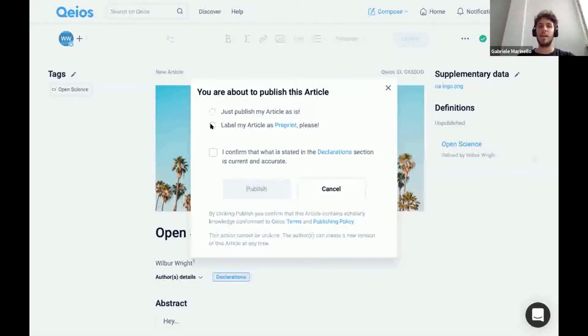So I can definitely label my article as preprint if I want to, okay, and keep the option as I told you. It means that I'm just sharing a preprint like on arXiv and so on, and keep the option of further submitting it to a journal, and I can go on with the publication.